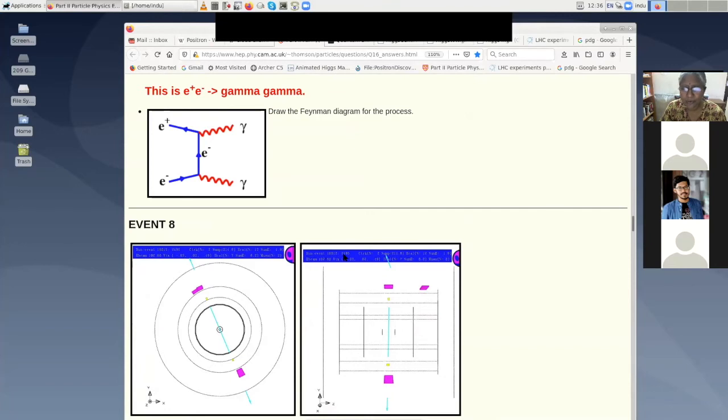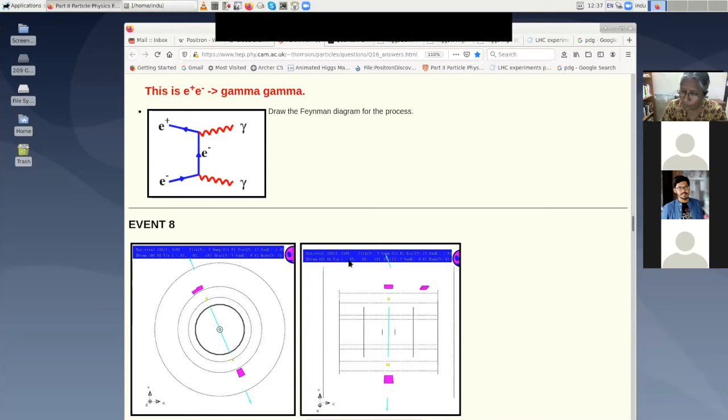Is everybody clear about it? Yes, ma'am. In a quark jet, can there not be by mistake some leptons also in the jet? Inside the jet, it's possible that if you have a very complicated system, a lepton which was anyway emitted was also in the direction along which the quark was emitted. Then you have a lepton inside the quark jet.